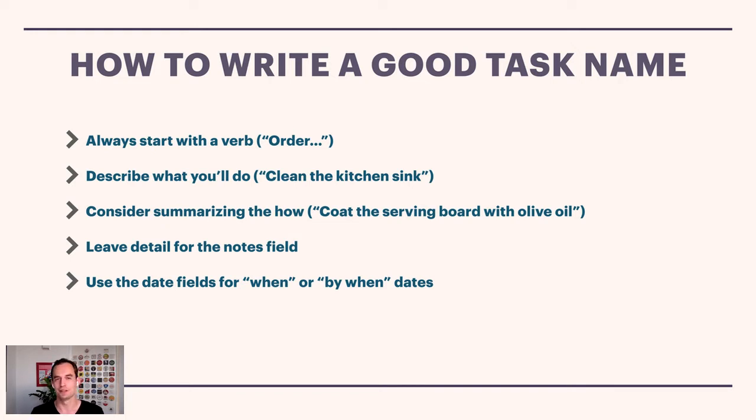Then the date field. When I work with people, I see it so often that people put dates in the title of their task. So a task will be like, get back to Matt by Friday. That's just a poorly written task name. Your task manager is going to have a date field, a deadline functionality, right? So if you have to get back to Matt by Friday, just set the deadline to Friday. And instead write, get back to Matt, and then what you're going to get back to him about. So don't mention dates in the task name. Dates go in the task metadata field.